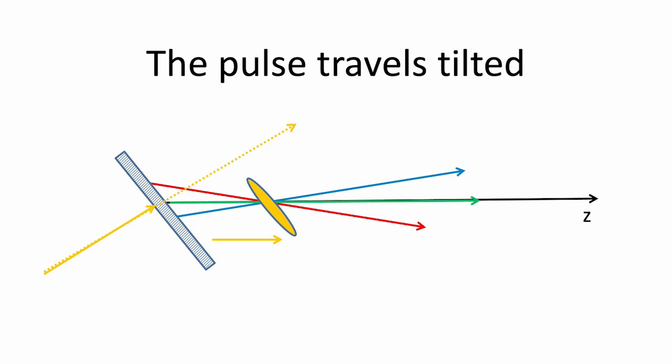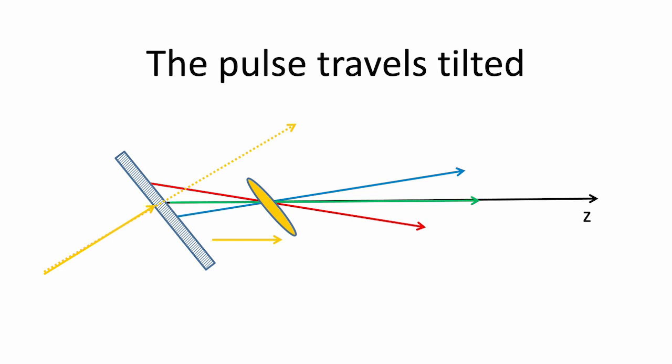Yes, that's it. After leaving the grating, the pulse is tilted. You can see there that the pulse is tilted because it hit the grating at the same time in all positions and it has to leave it at the same time. So you have angular dispersion and a tilted pulse, and that means angular dispersion and tilted pulse are two things that come together. So let's forget about how we generated this angular dispersion, that is the grating. It doesn't matter how we generate it.